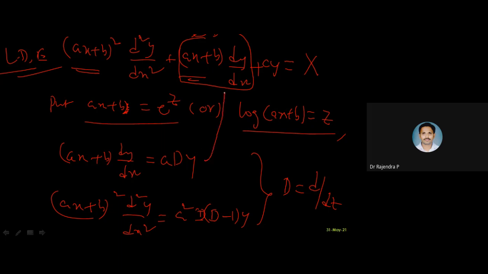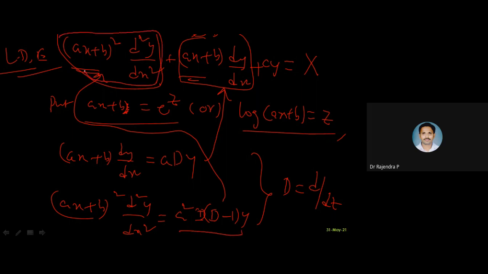We observed this. So now in place of this particular part, I can directly substitute a dy. In place of this part, I can substitute a square into d into (d minus 1). On the right-hand side, there is no problem. When it comes to the right-hand side, you can substitute based on the function. If it is log form, log of ax plus b, you can substitute it as z. Suppose we have only ax plus b, we can substitute e power z. On the right side, we can directly substitute. But on the left side, please take the whole term. That is very important. That is the reason we are finding this.